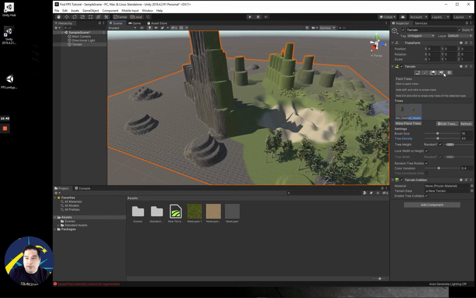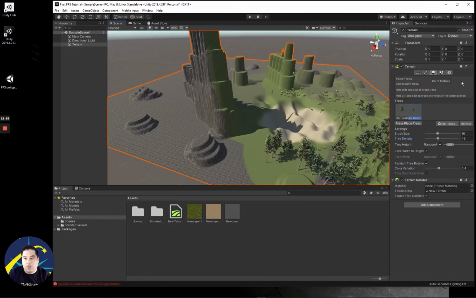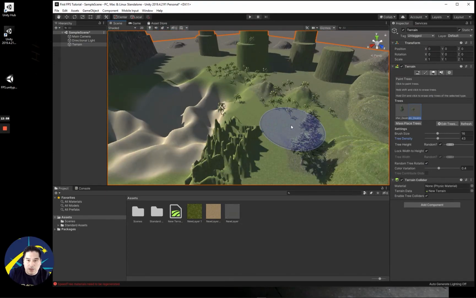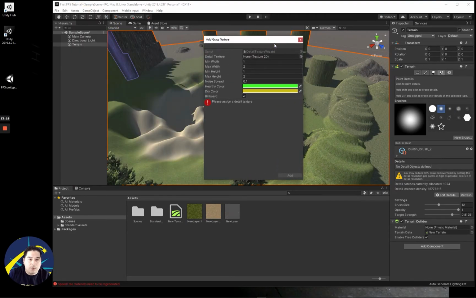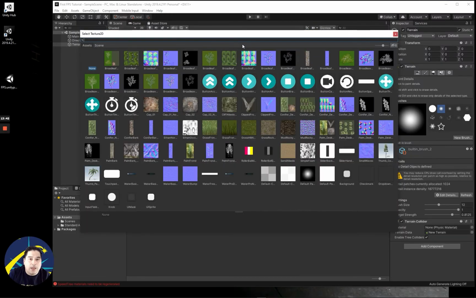The next tool on this toolbar that I want to show you is the paint details. And this is for grass textures. Now the one thing we need to consider when we're putting down grass is that it really affects the processing power of your computer, and it will definitely chug and lag if you put too much grass in. So the way we do it is we edit, we add the grass texture, which is this option down here. We get another panel similar to how trees were added, and we need to select this little circle again. We select it, and